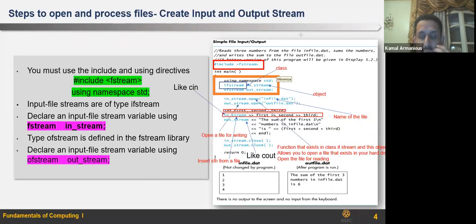Omar is saying, Doctor, we took in the lab that in stream reads string, not integer. You can read from a file. You can read integer, you can read string, you can read whatever. So you can read anything you want. Okay. Then outstream,